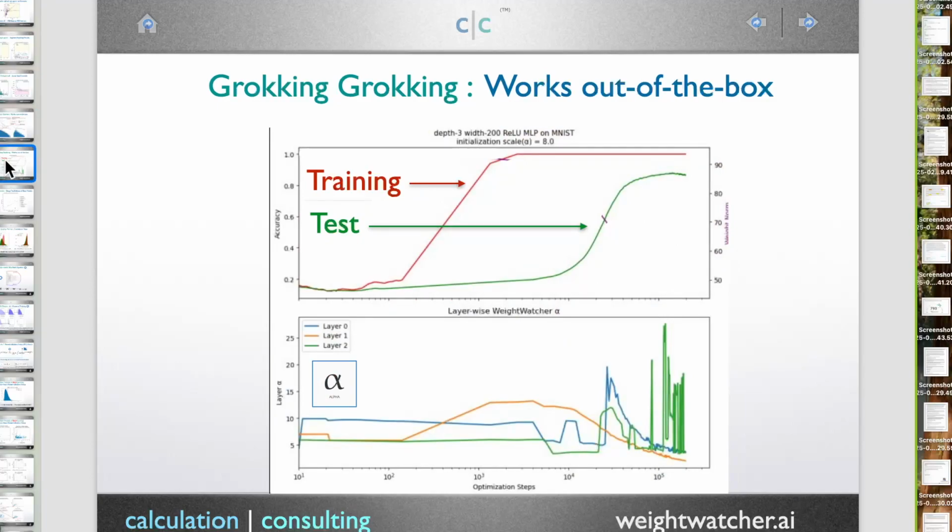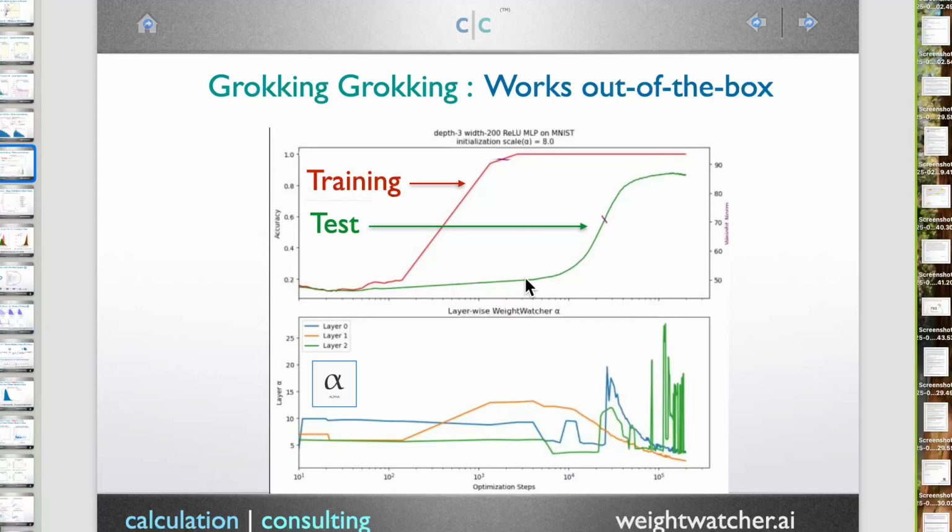Another example where the theory works as predicted is with grokking. People are trying to figure out what grokking is. Grokking is this thing where you train a model. This is an example. We reproduced this on the Discord channel, and we're going to have a paper coming out with this soon. One of the guys in the Discord channel did this work. We train an MLP, ReLU 200, on MNIST, and you can initiate grokking. Grokking means that if you train the model for a period of time, this is the training accuracy. The training accuracy will saturate and get to interpolation, but the test accuracy is basically 1%, so it's zero here.